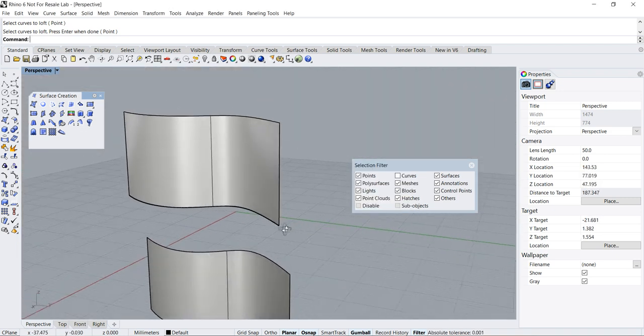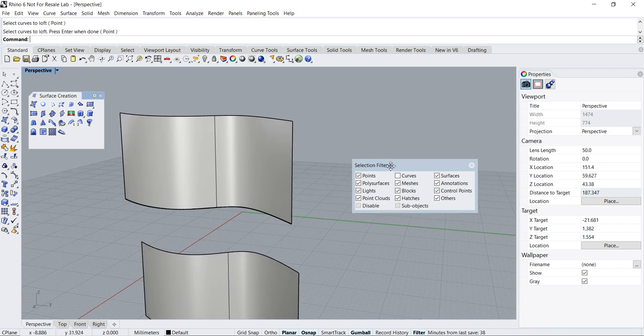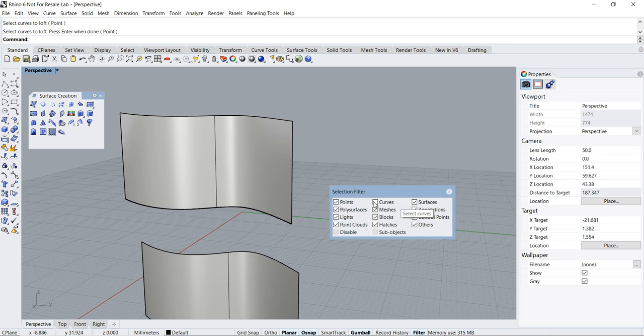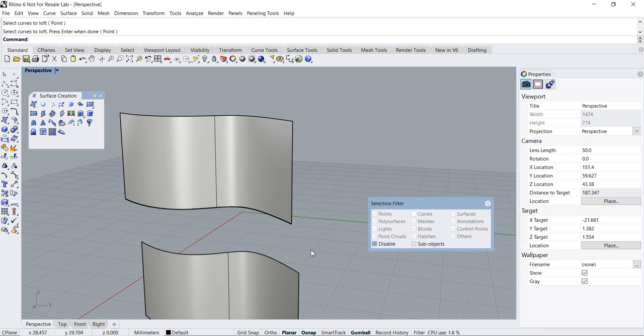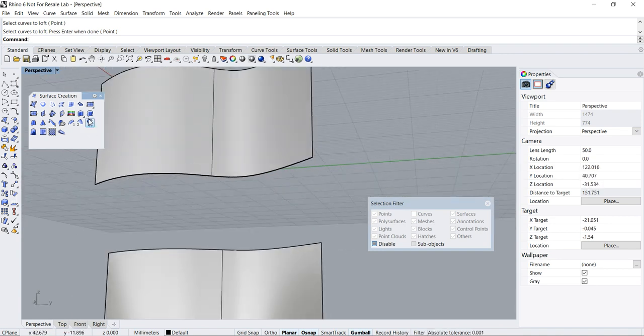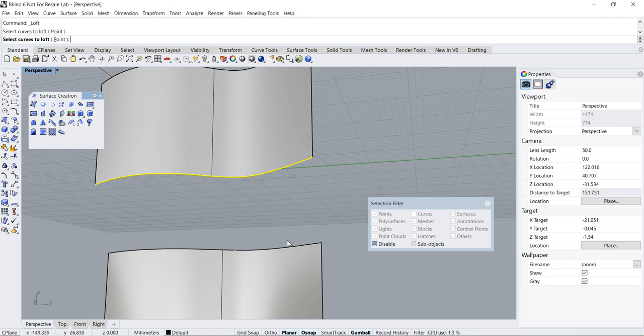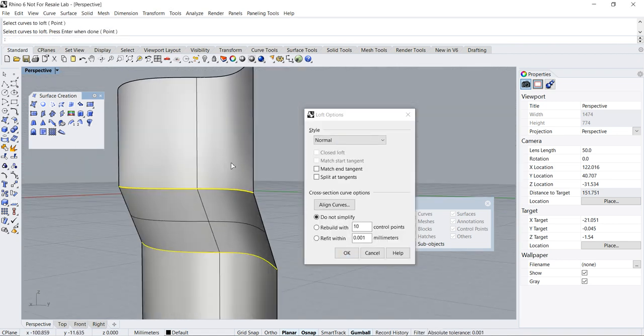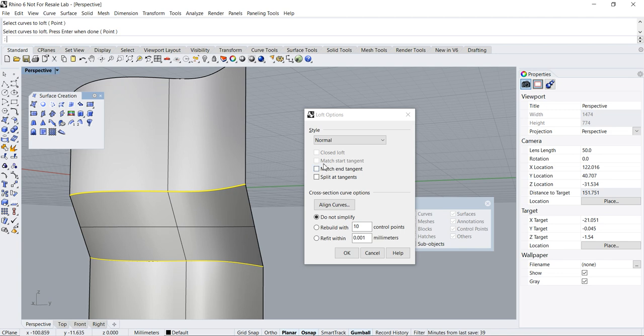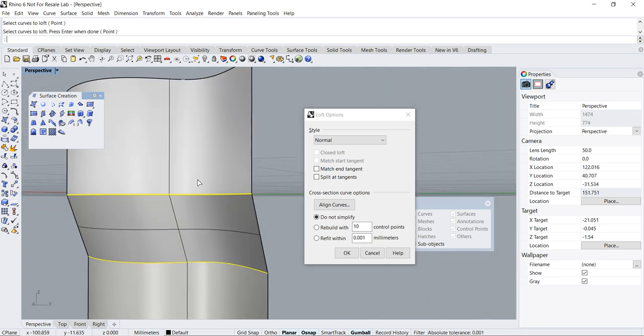Okay, now I want to show an instance where the selection filter is not being used. Okay, so I'm going to disable this. Okay, and then click the loft again. Okay, you notice now Rhino prompts me to select curve or extrusion edge, and if I were to make the mistake of selecting the curve, you will notice that the option to match start tangent is no longer available. That's because I've selected the curve instead of the surface edge, and thus not be able to match to this